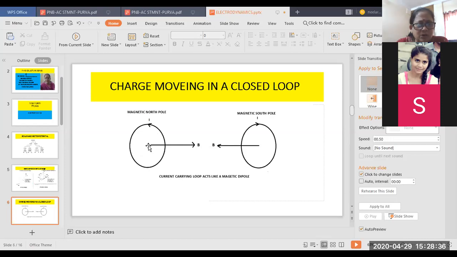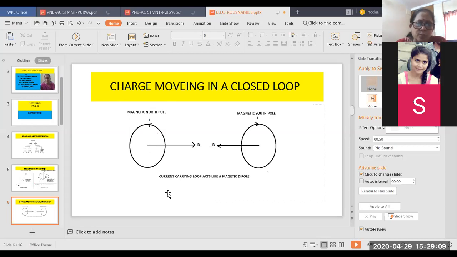So I think now the concept of dipole is clear to you. Why are atoms called dipoles? Because of this reason. The charges are going in a circular path like this, in different orbits, K, L, M, N, O, P, at different radii. So as a result, what happens? Magnetic fields of varying strength are produced surrounding the atom or molecule. So that is why the atom can be classified as a dipole.